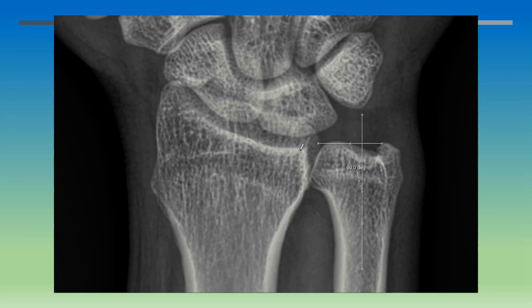And then the second line is perpendicular to the lunate fossa of the distal radius bone. So here is the lunate fossa. Let's extend that line down and perpendicular to the ulna bone here. And there is a 90-degree angle there. Okay? Now if we blow this up even further